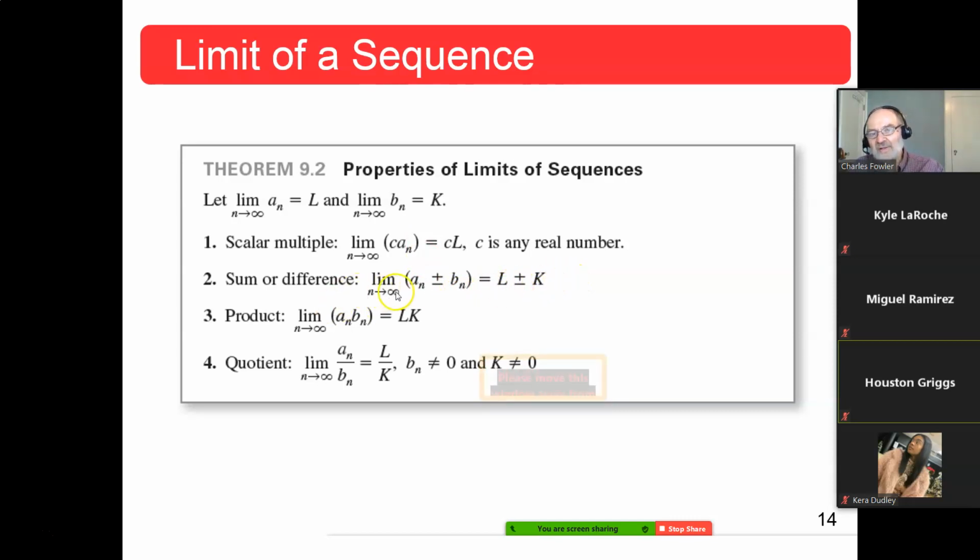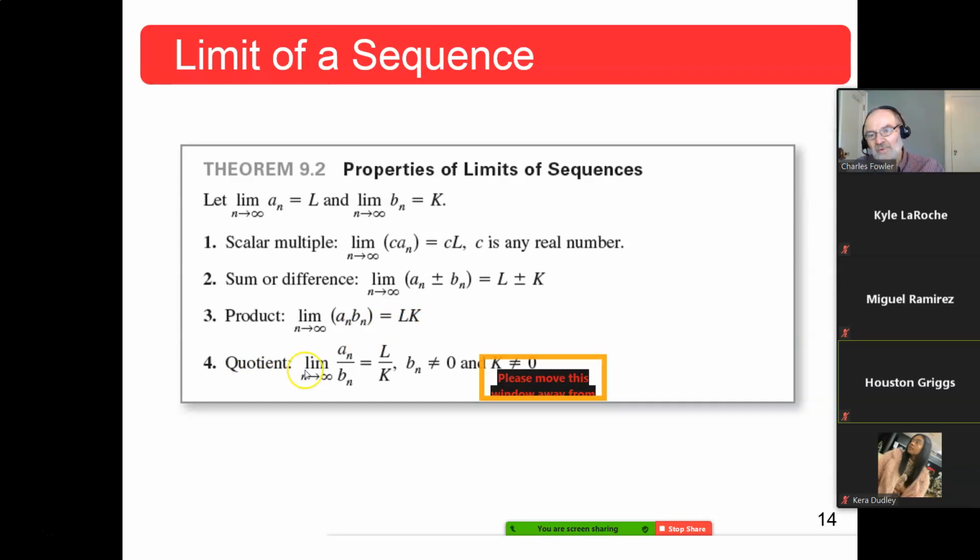So the limit of a converging sequence, or the limit of a sum or difference of two converging sequences, gives you the sum or the difference of their limits. Okay, that's what that tells you. Now this one, the product, whoa, now we're going to multiply them. Won't they get out of hand? No, they won't. The limit of two converging sequences will give you, as n approaches infinity, both of these converge, that'll just give you the product of their limits, which I hope you would expect.